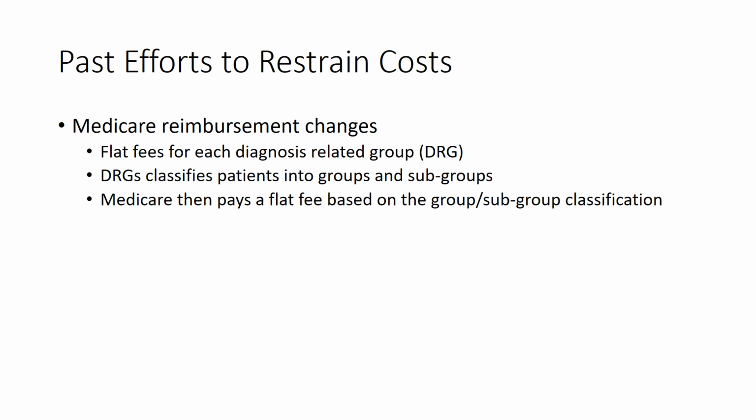Many patients, they'll make money. They'll actually spend less money, less of their time, less resources than what they'll get paid. In other cases, they'll have to spend more because there are complications, there's hospital readmissions, there's more tests than you would have for the average patient. But ultimately, this flat fee is kind of the average of all of those cases. So that is another effort that has been done to restrain costs for healthcare in the United States.